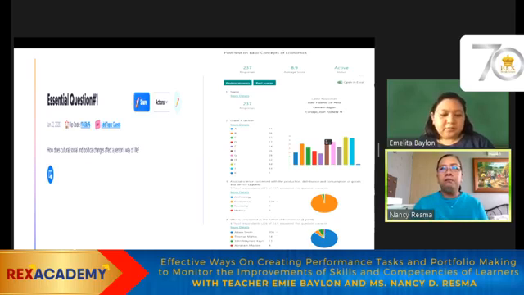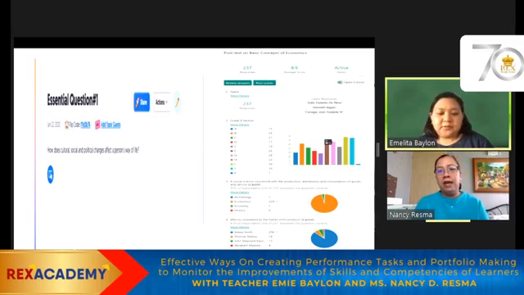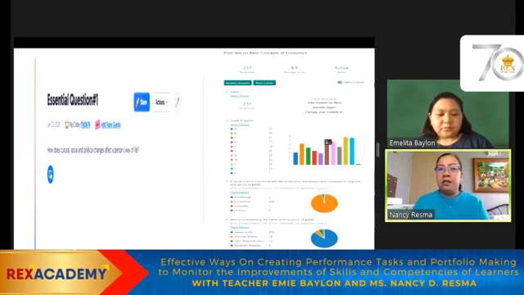And then every now and then, at certain points of our lesson, we go back to the essential question, okay, and then try to ask them to think about, so far as the lesson is concerned, how are they going to answer the essential question. And then we also go back to our enduring understanding, which is actually taken from the DepEd curriculum guide. So I think sa akin, these are effective means of communicating to the students what they are expected to develop throughout the lesson or throughout the unit.